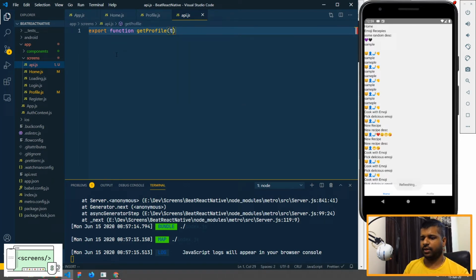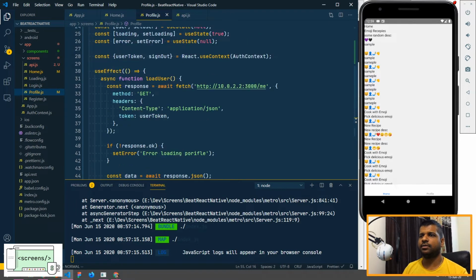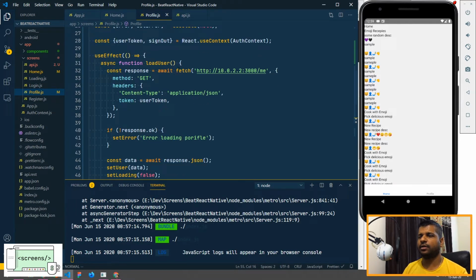So GetProfile will take a token, and then it will... So what I'll do is I'll just go to profile and then copy everything from here to this thing.